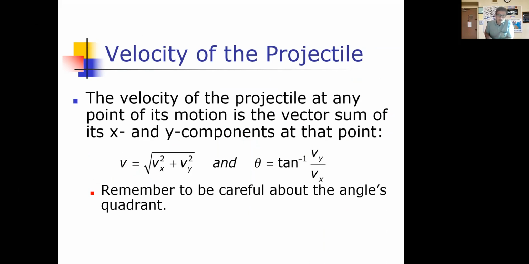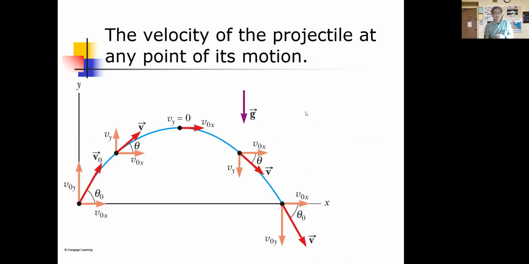We can use trig in order to find this because at any point on that projectile motion, we should be able to find the velocity at that point if we know the x and the y components. Okay, all right, so let me show you how this is done. We want to be able to find the velocity, not the